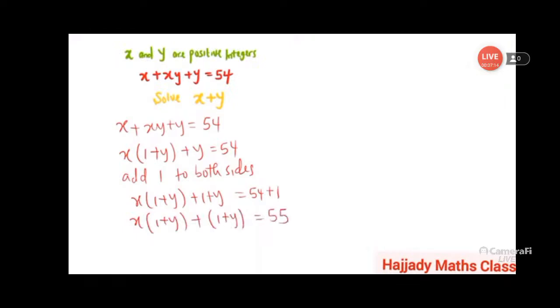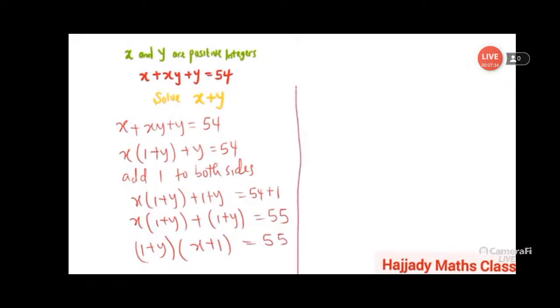So with this, 1 + y can be factorized from these two expressions. Here we have (x + 1)(y + 1) = 55. Now, solving this